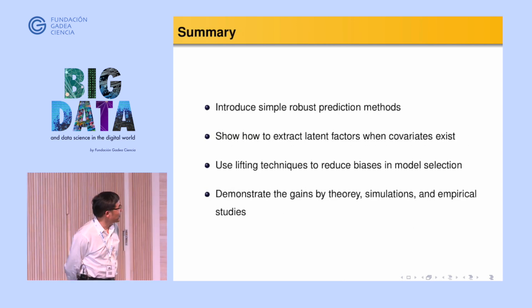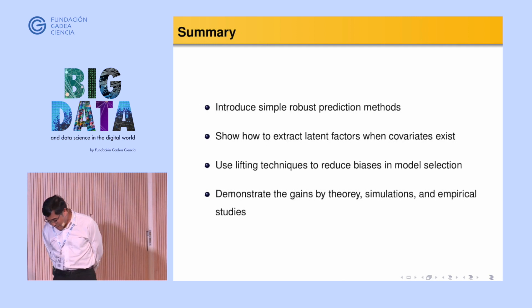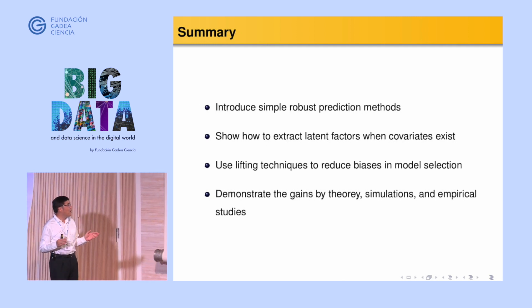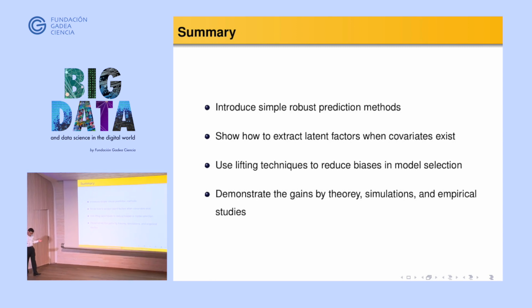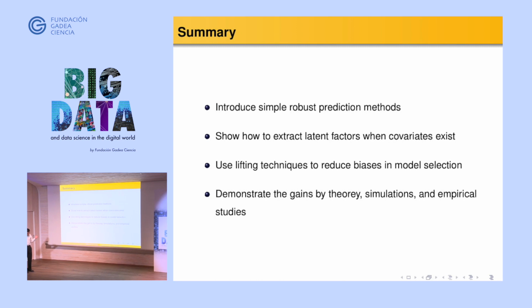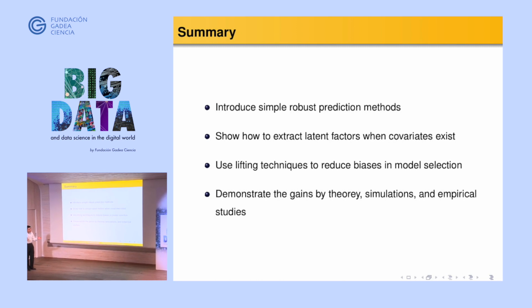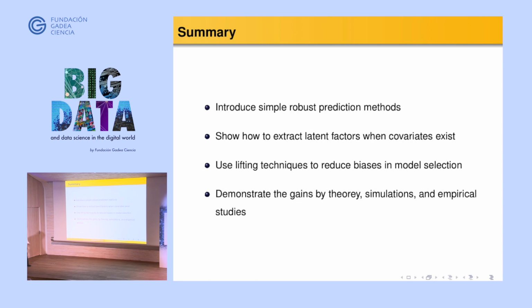So here is the summary of what I have talked about so far. First, I introduced a very simple, robust prediction method, which basically says you truncate the data. Once you truncate the data, your sample mean behaves pretty much like a sample mean from a normal distribution, even though you have only second moments. For estimating the covariance matrix, your sample covariance matrix is pretty much the same as from normal data. Of course, when you estimate the variance of a variance, it needs the fourth moment, if the fourth moment exists. And we also showed you how to extract latent factors.